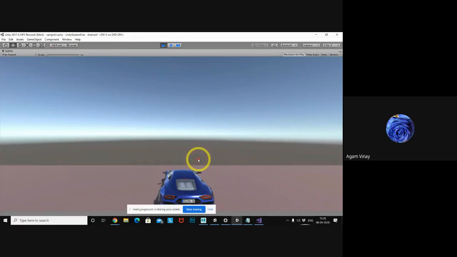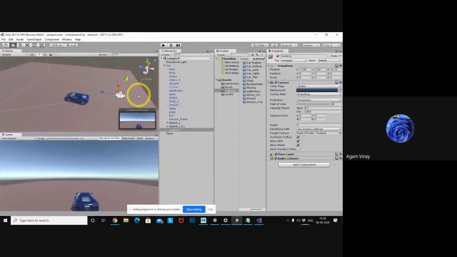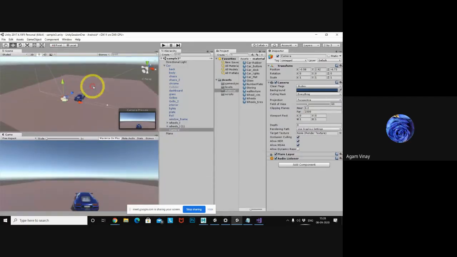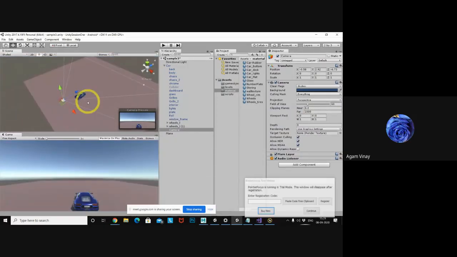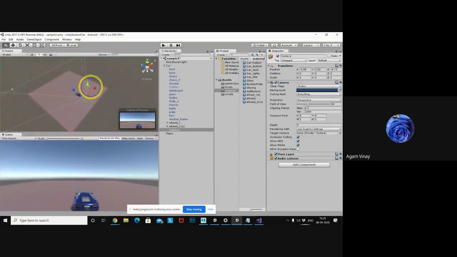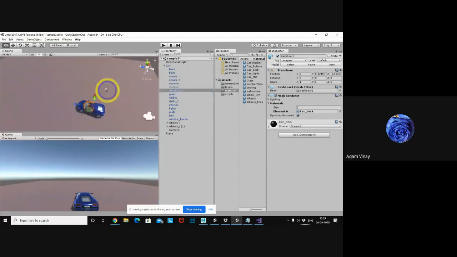Whenever I stop, it will stop. So you can see here I am pressing Alt and rotating for this one. I am holding the left click and rotating. Right click and I use the WASD keys.